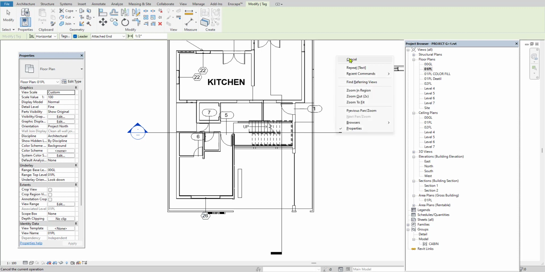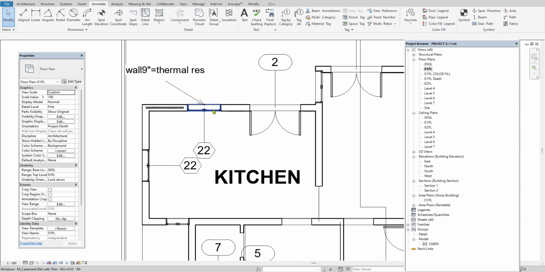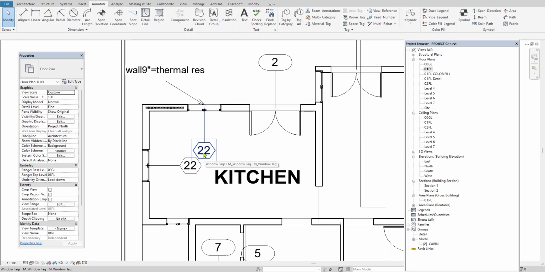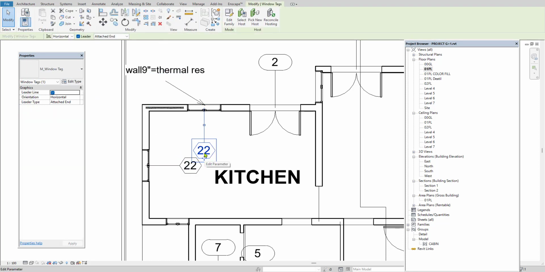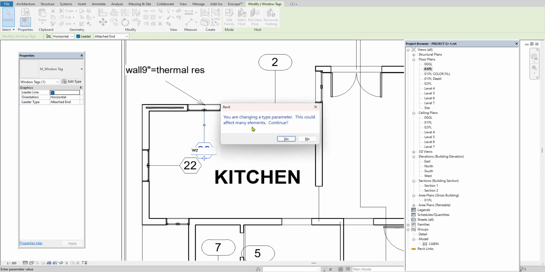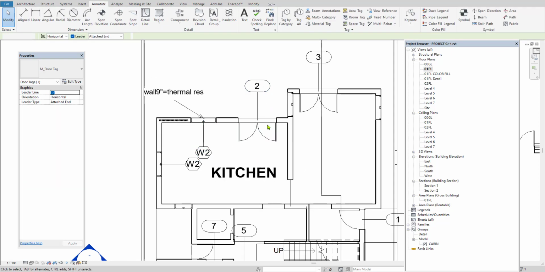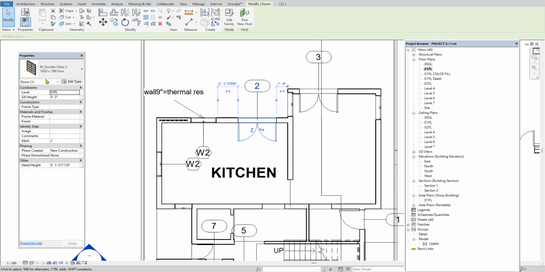Next, if I don't go with the numbers, for this window the name I had given is W2. In order to give the same name, I am just clicking on the 22 number and editing it as W2 and clicking outside. At the same time, I get the same name for this window, that will be your W2. Before that, you confirm what you have renamed.